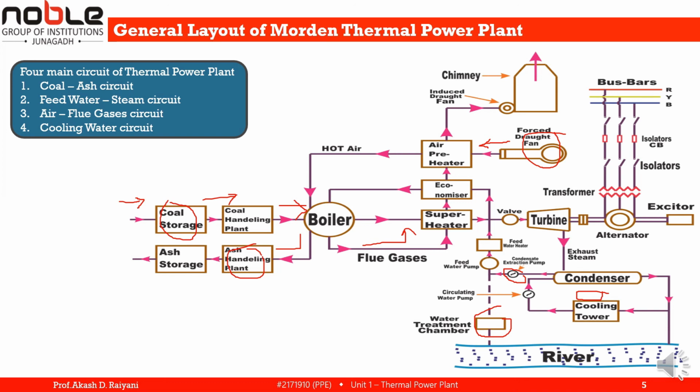The atmospheric air enters the cooling tower from the opening provided at the bottom of the tower. This air removes the heat from the water, thereby the water gets cooled, and then the cold water gets collected at the bottom of the cooling tower. This cold water is again circulated through the pump, condenser and cooling tower. Thus, the cycle is repeated and some water may be lost by evaporation in the cooling tower. Hence, makeup water is added to the circulating water by means of a pump. The makeup water is taken from the river.